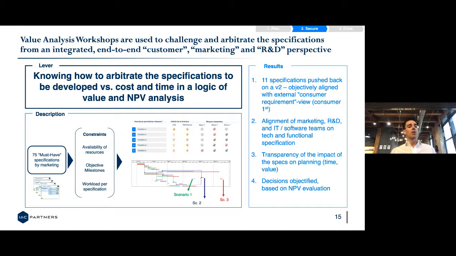So were some specs requiring more software development, while other ones requiring more firmware development? Was there more electrical engineering needed? Once we looked at all of these constraints, what we were able to do was identify 11 specifications that, although they were important, they didn't provide as much value and support to the overall NPV of the project as the other 64 specifications. This allowed us to take those specifications, put them on a to-do list for an update in